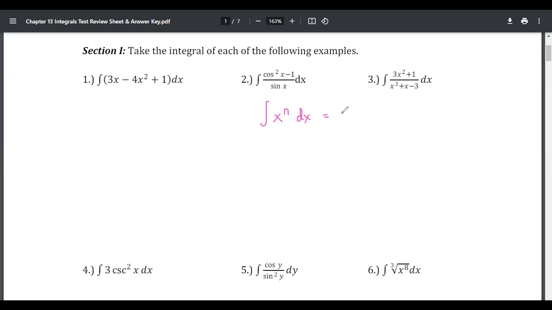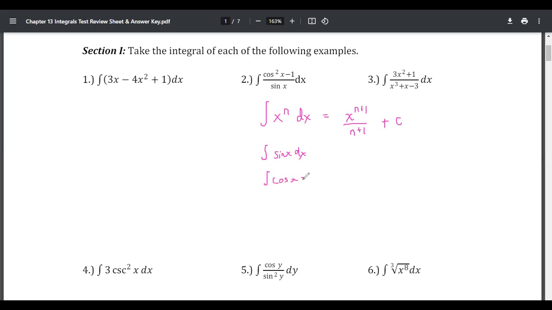x to the n. Yeah, let me see. So it would be x to the n plus one over n plus one. Fantastic. And make sure when you're doing indefinite integrals, you put the plus c as constant. Yes, a plus c, right? Yes. The other ones that I should expect you to know are the integral of sine x and